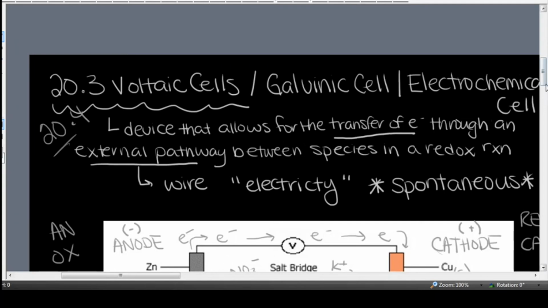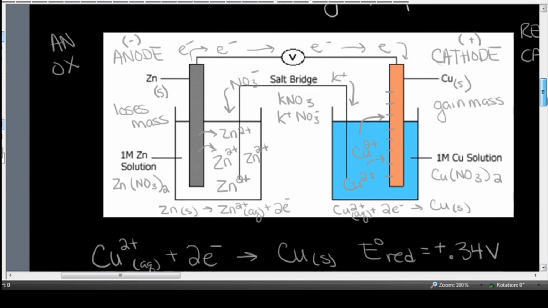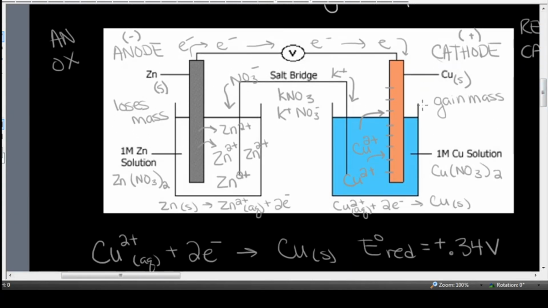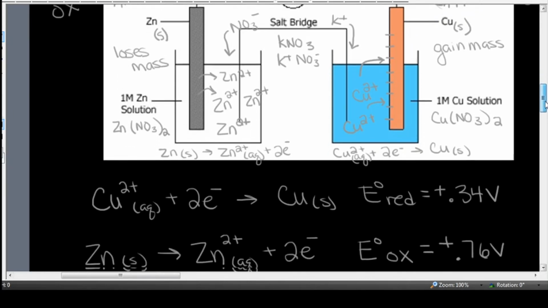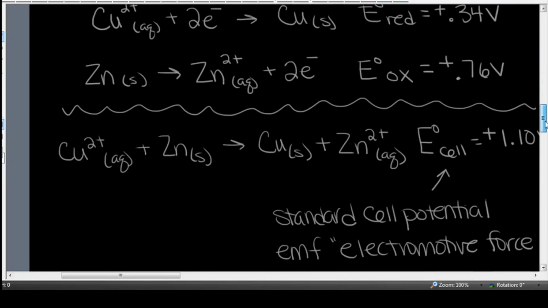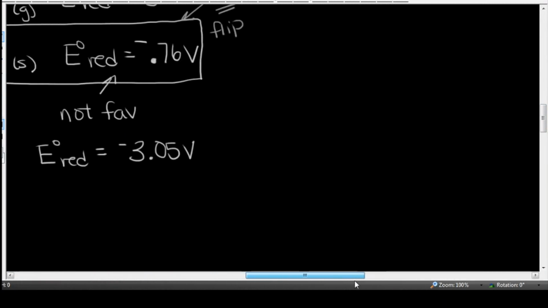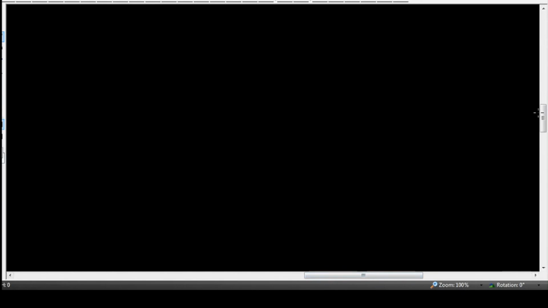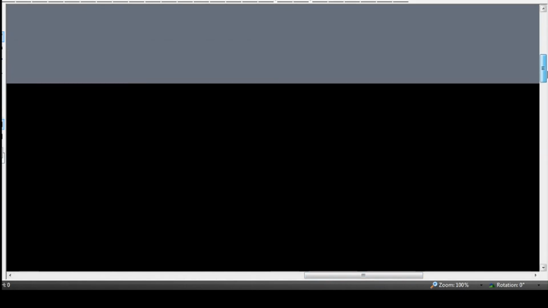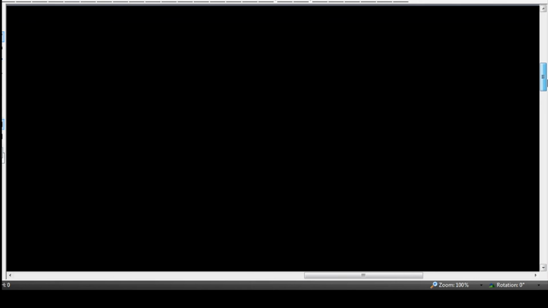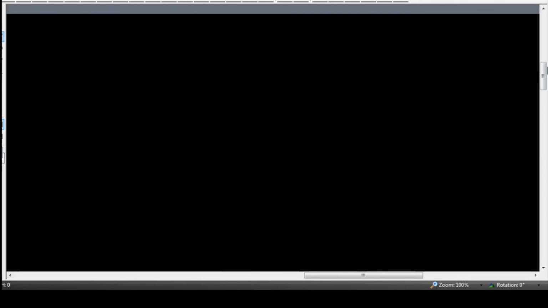Although, wouldn't it be great if you guys could practice doing an entire setup of an electrochemical cell for yourselves and calculating how much voltage and labeling everything. So maybe I should throw a practice problem at you before I send you off to do a problem set. So let's pick a reaction, shall we? I would like you guys to predict the amount of voltage you get from a setup between